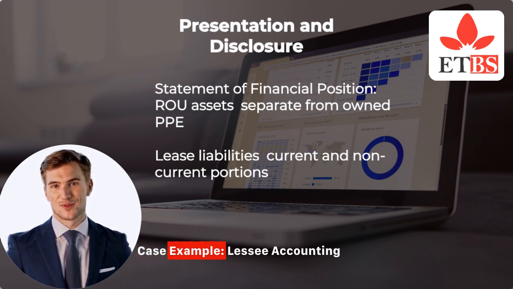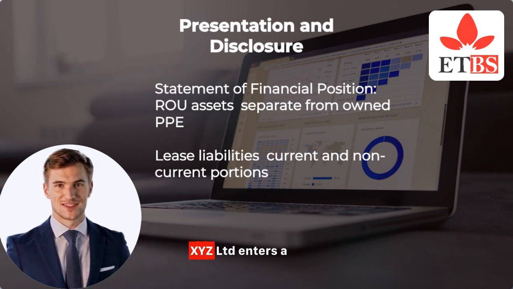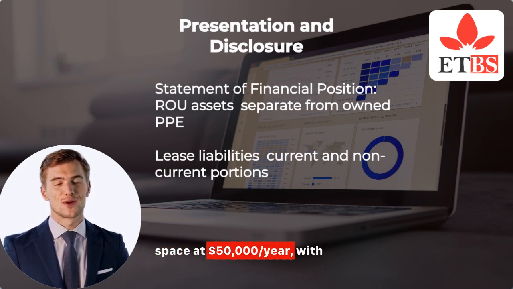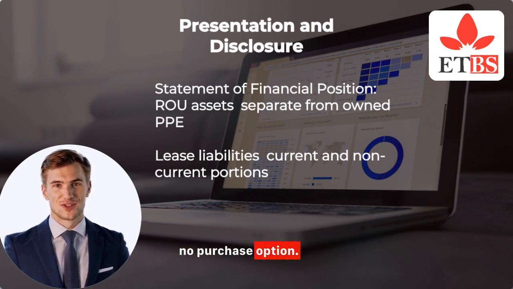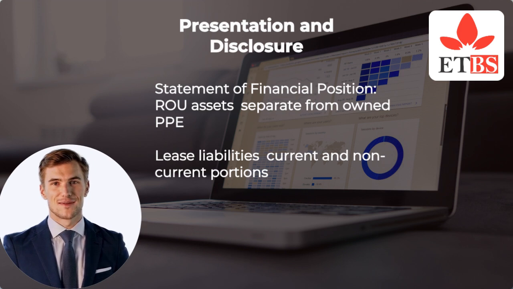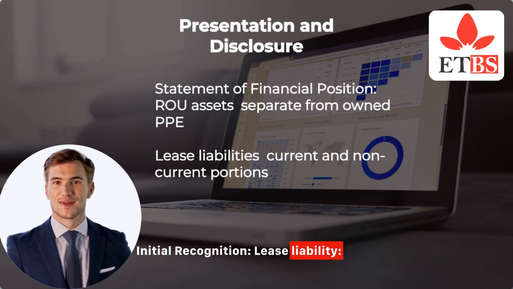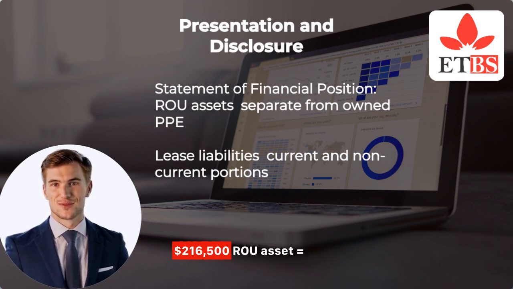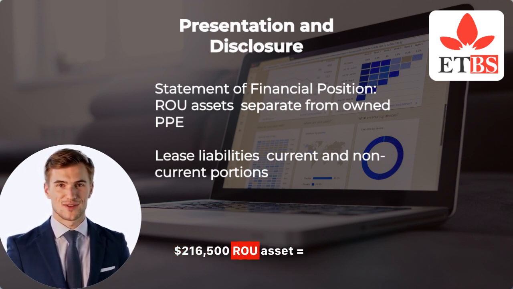Case example, lessee accounting. XYZ Ltd enters a 5-year lease for office space at $50,000 per year with no purchase option. XYZ's incremental borrowing rate is 5%. Initial recognition, lease liability: present value of 5 annual payments at 5%, approximately $216,500. ROU asset equals